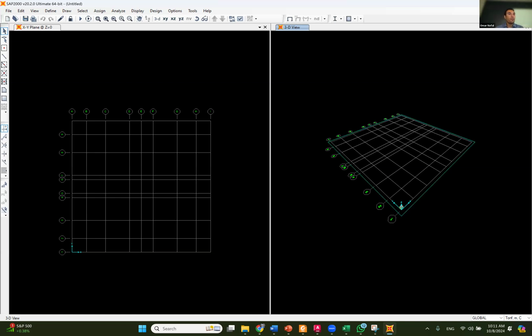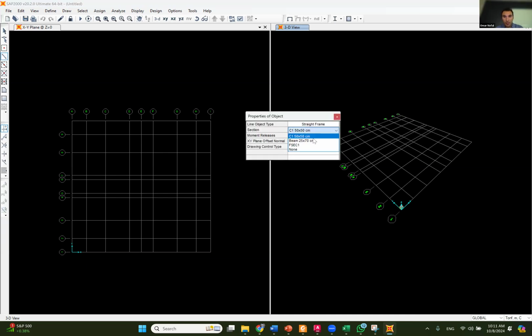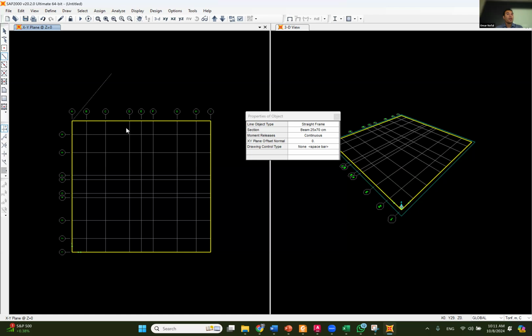So I'm gonna start by drawing the beams. I make sure that the selection here is beam 25 by 70. I have beam all around this slab. It's called marginal beam. All right. The second thing, I also have a coupling beam here